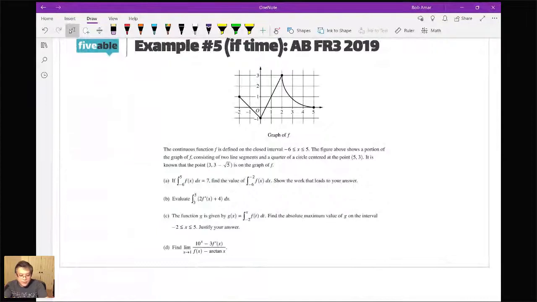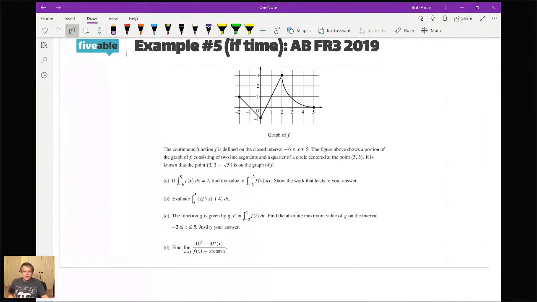And you'll notice that there's all kinds of integrals just floating around this problem. I'm stealing a little bit of the FRQ thunder from next week, but I just really like this problem. So there's a continuous function. You're given a graph of f. Okay. Now this graph has an integral piece going on here, and so the reason that we're doing this